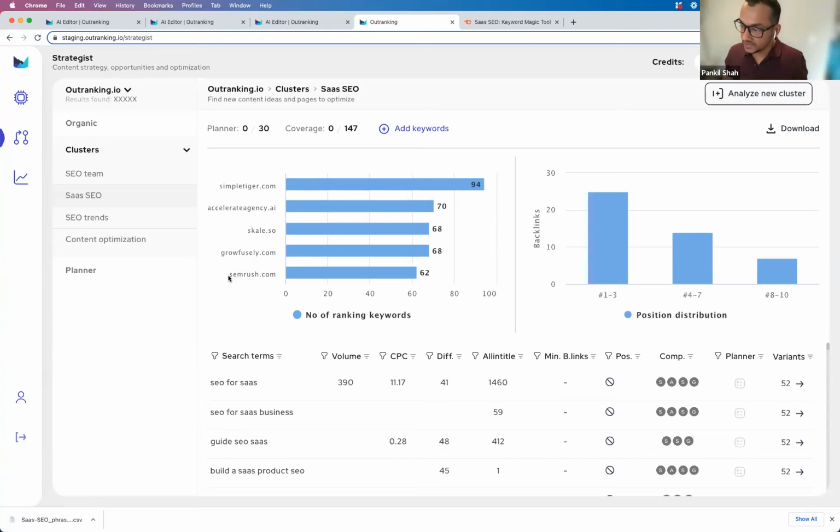Of course, you can see that SEMrush has much less topical authority when it comes to SaaS SEO than some of these other guys. And if I am somewhere close to what SEMrush is in terms of authority around SEO, then I know I can beat this guy, right? So I know if I write much more information about everything I need to cover in this particular list, chances are that I can easily beat most of these and be on the first page very easily.